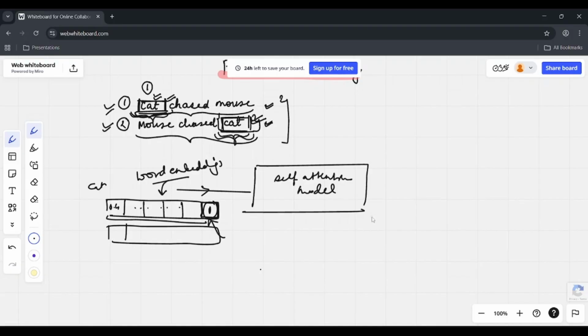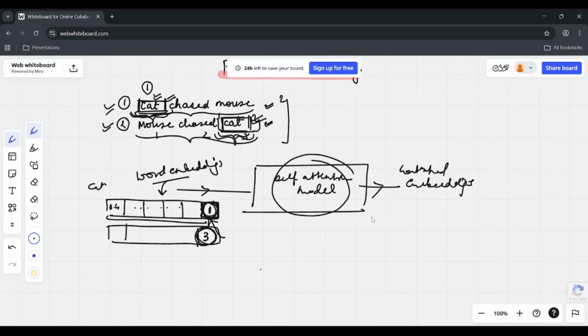It will be exactly how the upper one is, but at the end, we will have 3 because here the cat is occurring at third position. So one way is that at the end of our word embedding, we pass the position at which that word is occurring in the sentence. And then the processing happens in our self-attention model, and we get back our contextual embeddings. All good up till here, right?